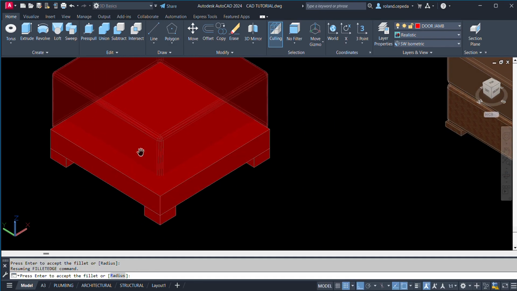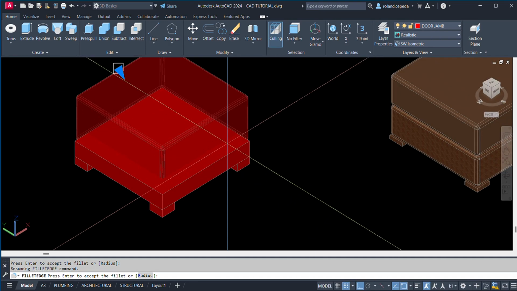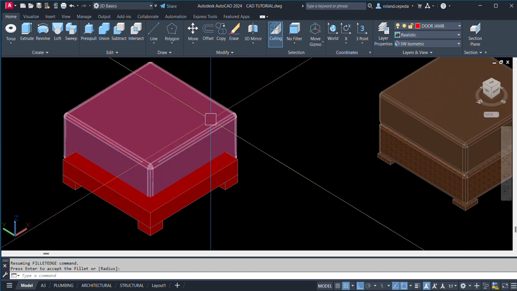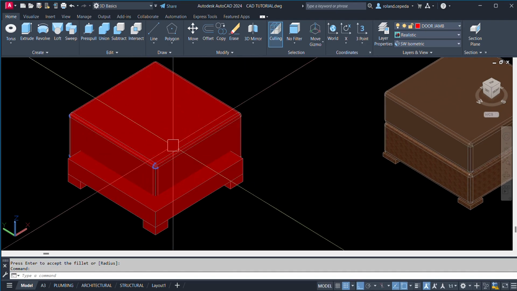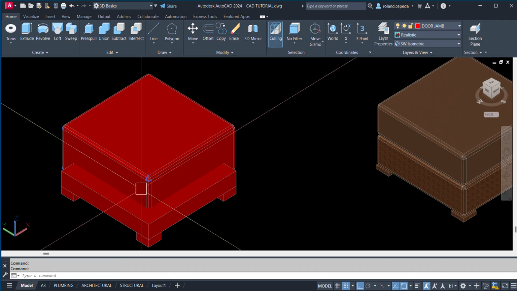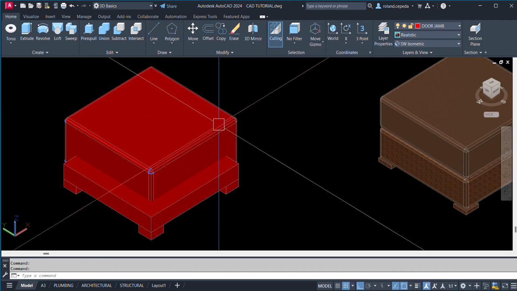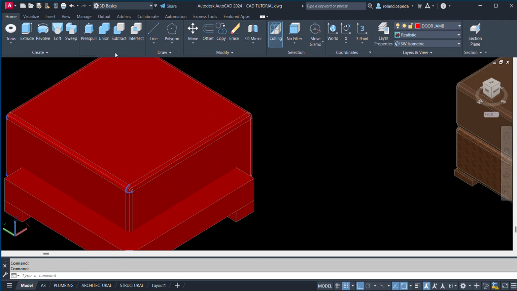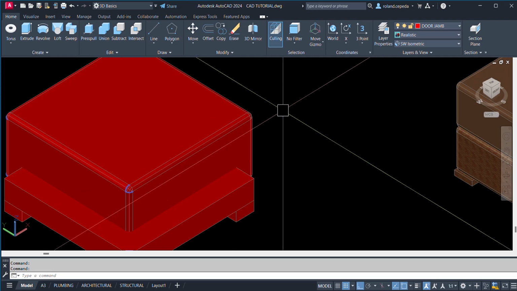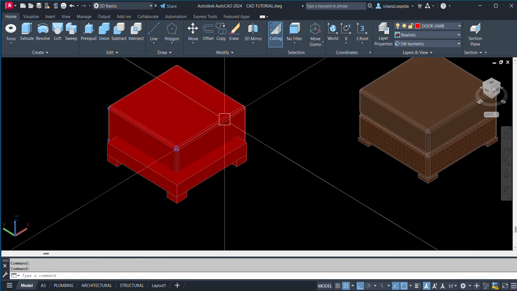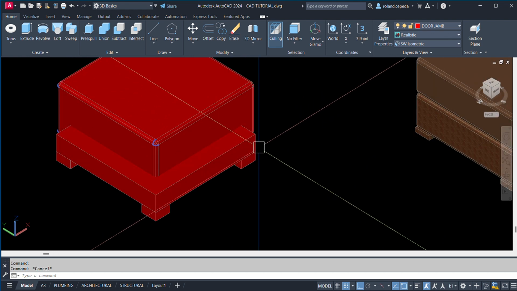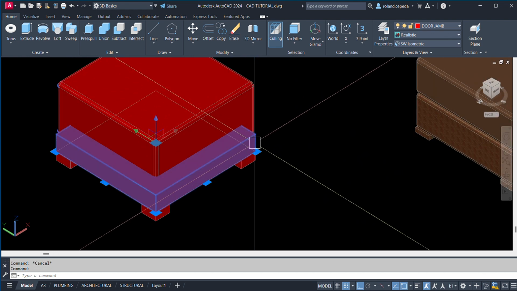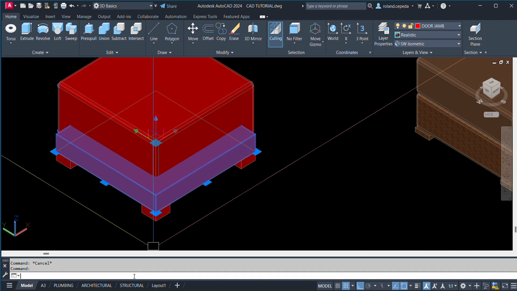Okay, so I have already here the beveled or fillet objects for the ottoman. So this one I'm going to fillet also.